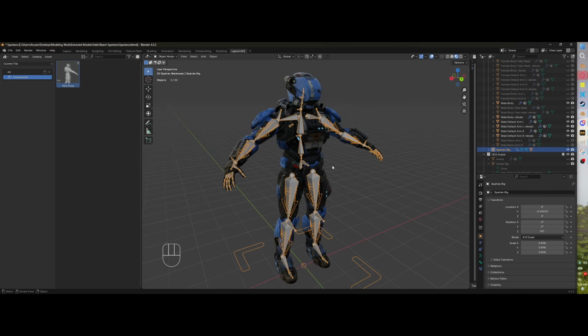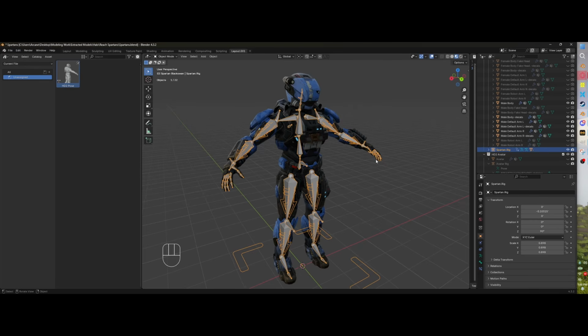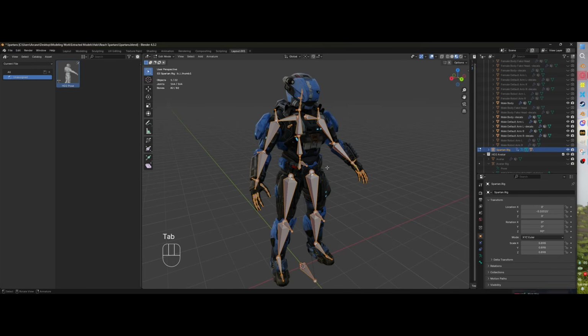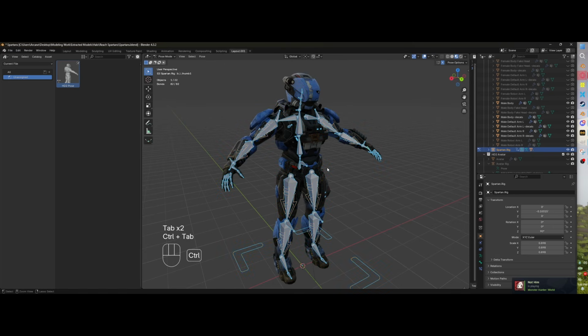So the first thing I want to do though is I want to save this kind of pose so that I can go back to it. So if I go to pose mode, which if I click on the skeleton, and if I just press tab, it goes to edit mode, but if I press control tab, it'll go to pose mode. I go over here into my asset browser, I can go to asset. If I press control C, copy my pose, I can go over here, create new pose,